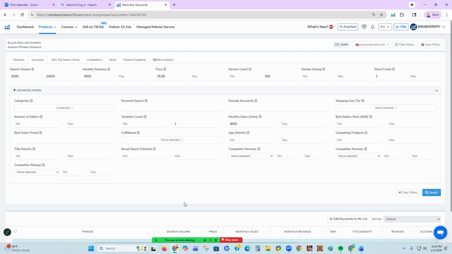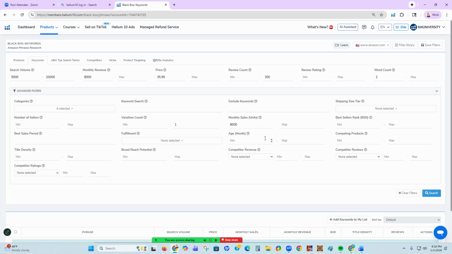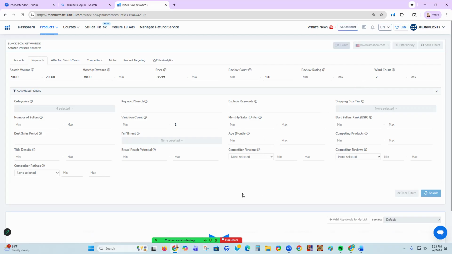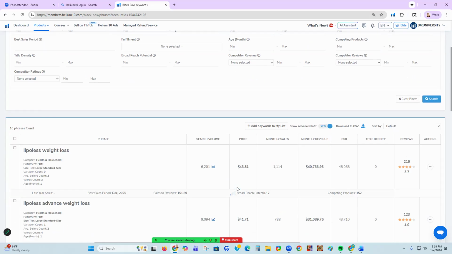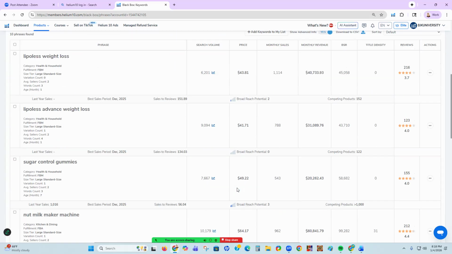Okay, I don't have anything showing up, and that's odd. That is very odd. Okay, oh, okay. Let me move that out and see what happens. Okay, I've got some product now. I put in the wrong filter. Okay, so